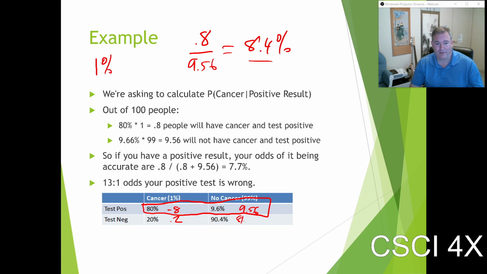Your prior probability, just given the population of women as a whole, is 1%. You got a positive test, so your probability of having cancer went up to 8.4%. Okay? So your odds of having cancer went up after the result of a test, it's still far, far more likely that you do not have cancer